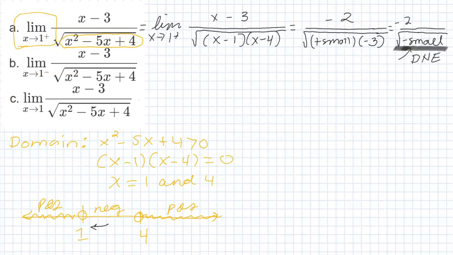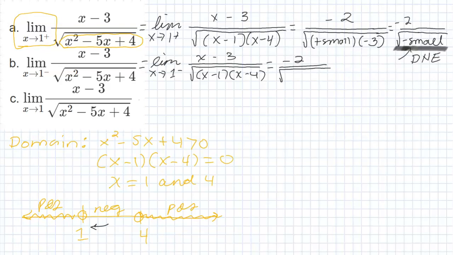However, approaching from the left, it is in the domain of the function, and we can talk about the limit as that happened. x goes to 1 from the left. Again, the numerator is going to be x minus 3. The denominator would be the square root of x minus 1 times x minus 4, which gives us negative 2 all over the square root of, let's think about that again, right? When we are approaching 1 from the left, it is not yet 1, so x minus 1 is a negative small number